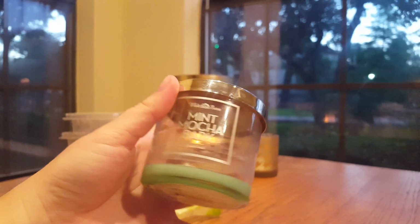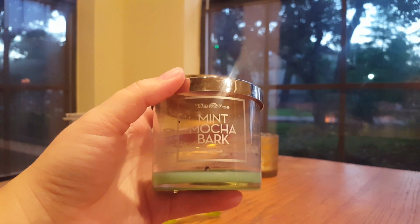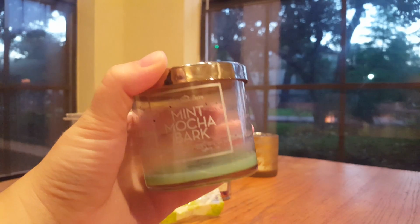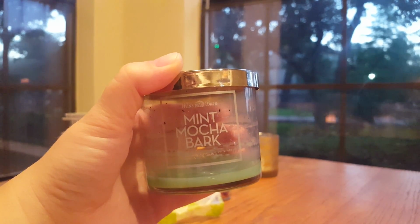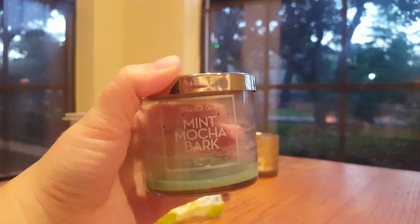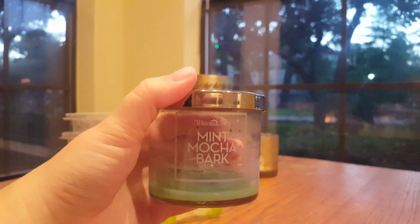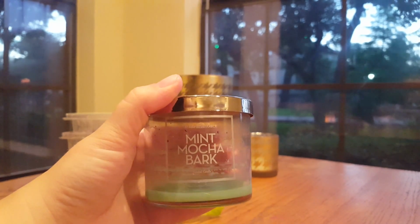This is a holiday scent, and I burned it in the guest bath, and mint chocolate's not really a bathroom scent to me. That's kind of weird, I think. But I just needed something to burn in there. I didn't have any guests over. I just like to have something. I burn it on the counter near the door, and the litter box is on the opposite side, the back of the bathroom. So I like to have something scented right there by the door so that that litter box smell doesn't come out the door into the hallway and the rest of the house. Anyway,